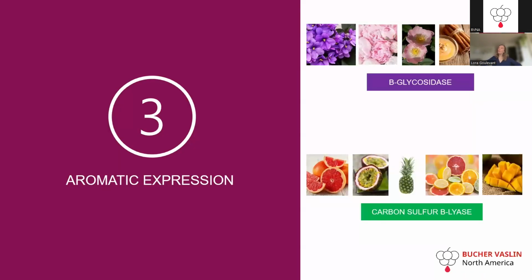Talking about wine improvement, enzymes can also be responsible for aromatic expression. There are two types of enzymes for this. They are the beta-glucosidase that will help to transform precursors into volatile aroma, some norisoprenoids or terpenes. This family of molecules are more responsible for floral notes: violet, rose, peonies, but also